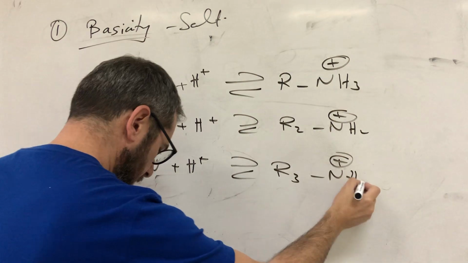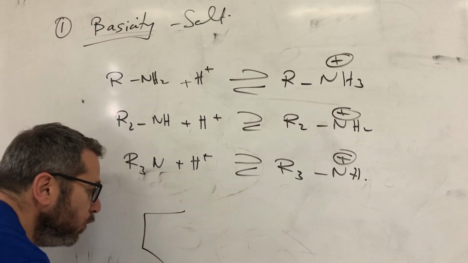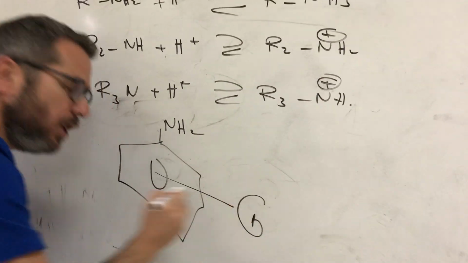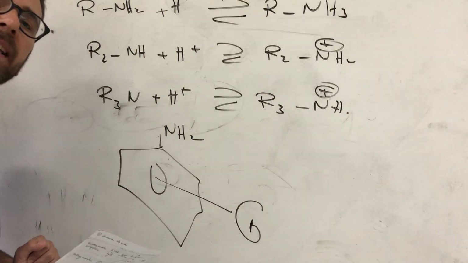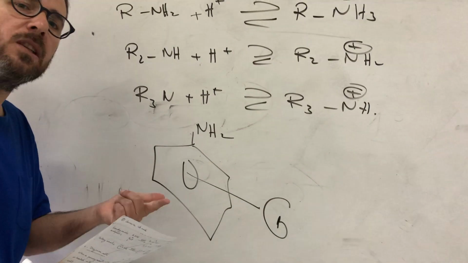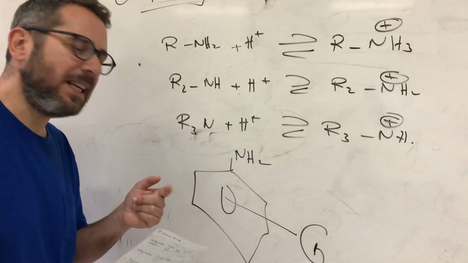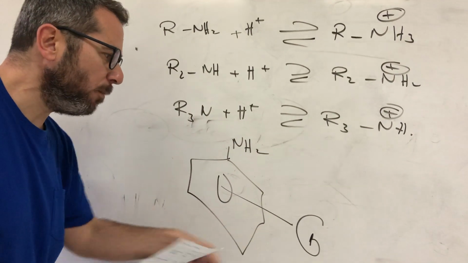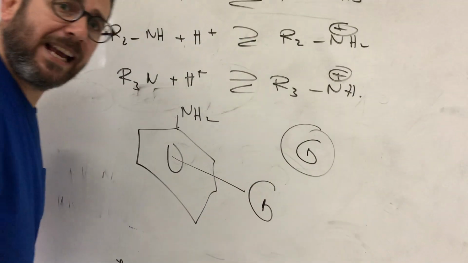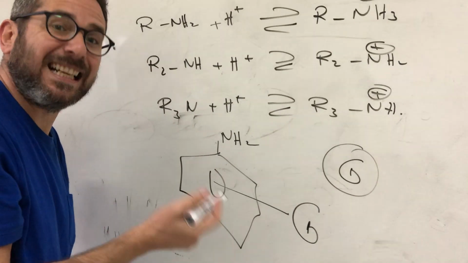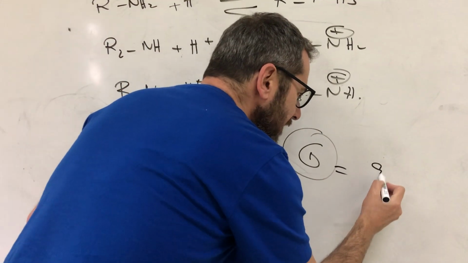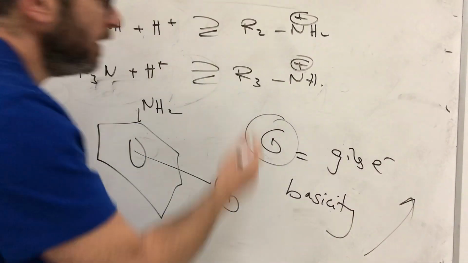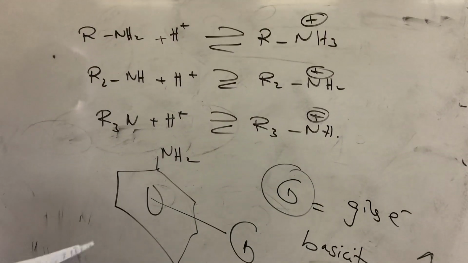I need H. It is important to note that if we have an aromatic amine with a group G on it, the basicity of the amine is going to be affected. The basicity is the opposite of the acidity. We have seen in the chapter on carboxylic acids that if a group abstracts electrons, acidity will increase. Here it's the opposite. If group G is giving electrons by mesomeric or inductive effect, it is activating the basicity. So when G gives electrons, the basicity will increase. This is the first reaction concerning the amine.